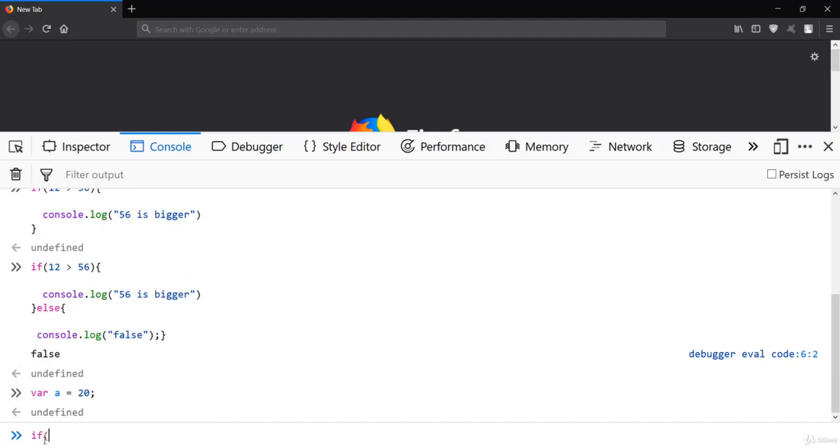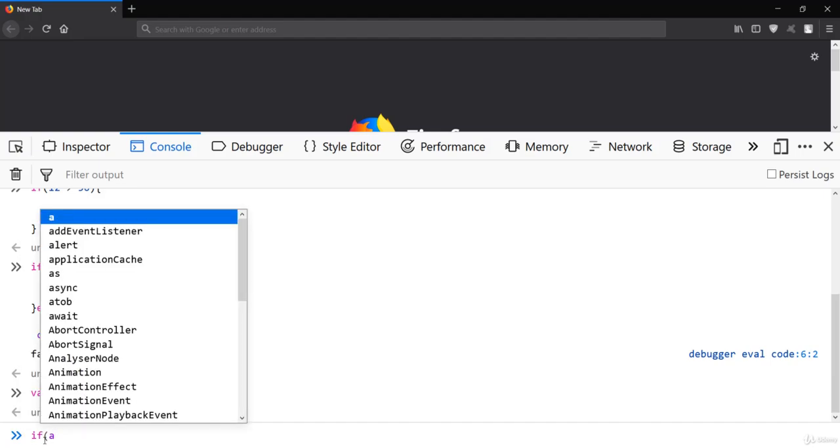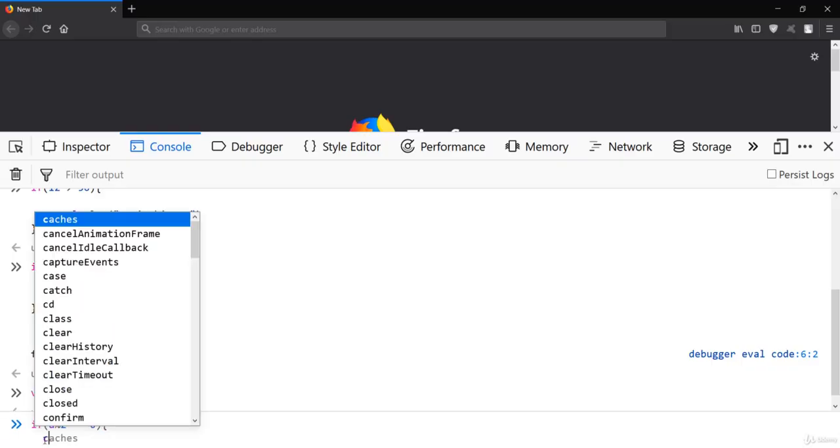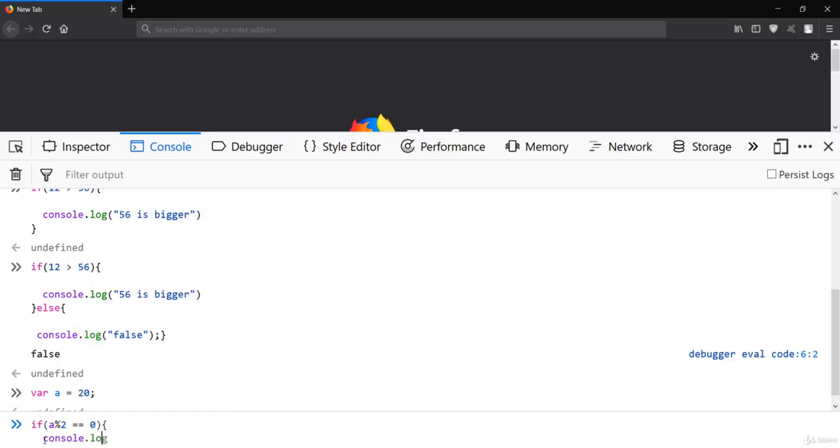So I'll just say if a, which is basically that same variable, and this percentage sign is for the modulo. That means it will just give you a remainder, and if you get that remainder, and if it is 0, that means you'll just say console.log, and you should have guessed that this number is even.